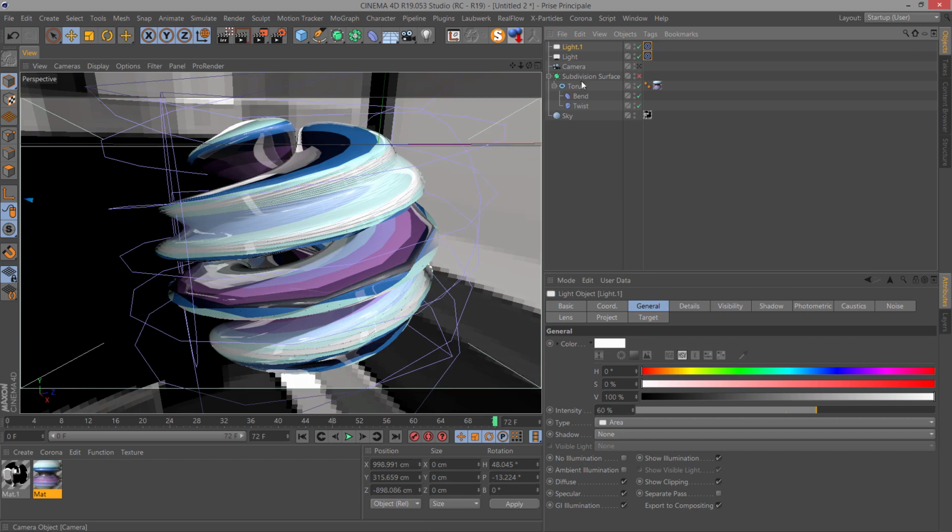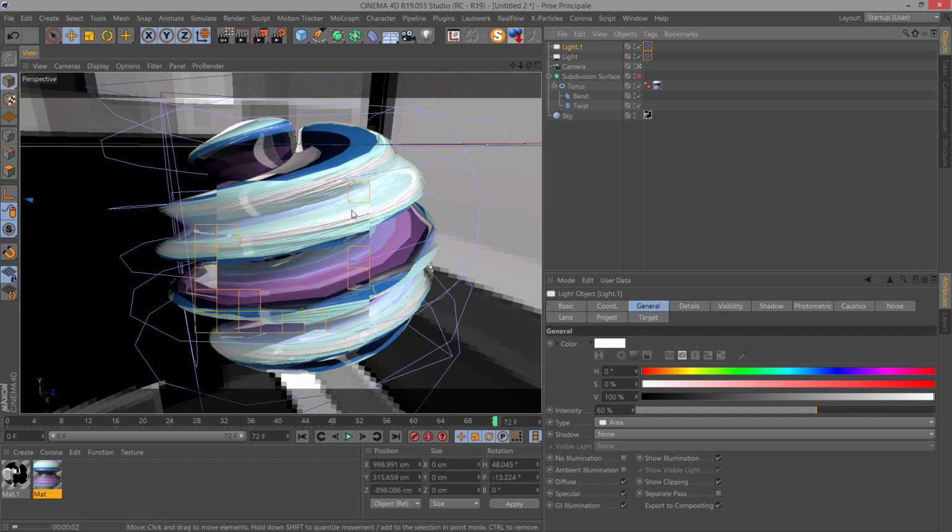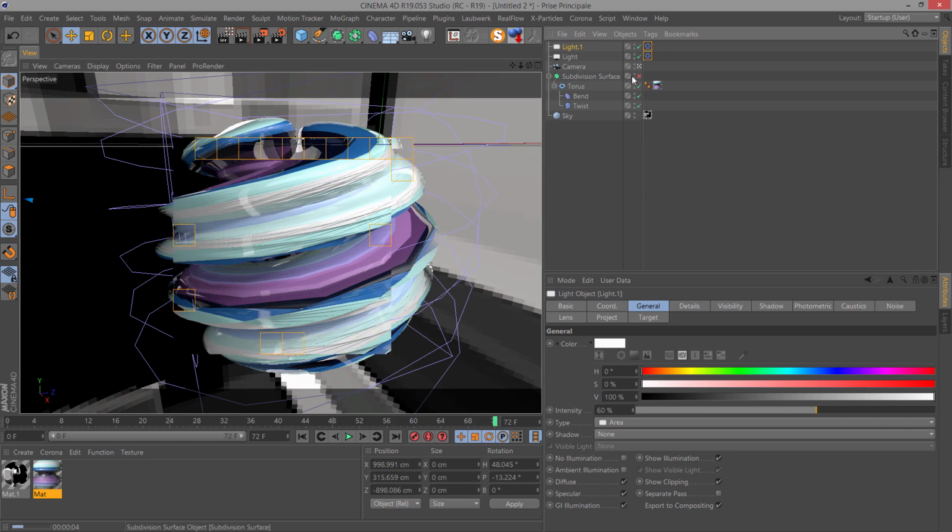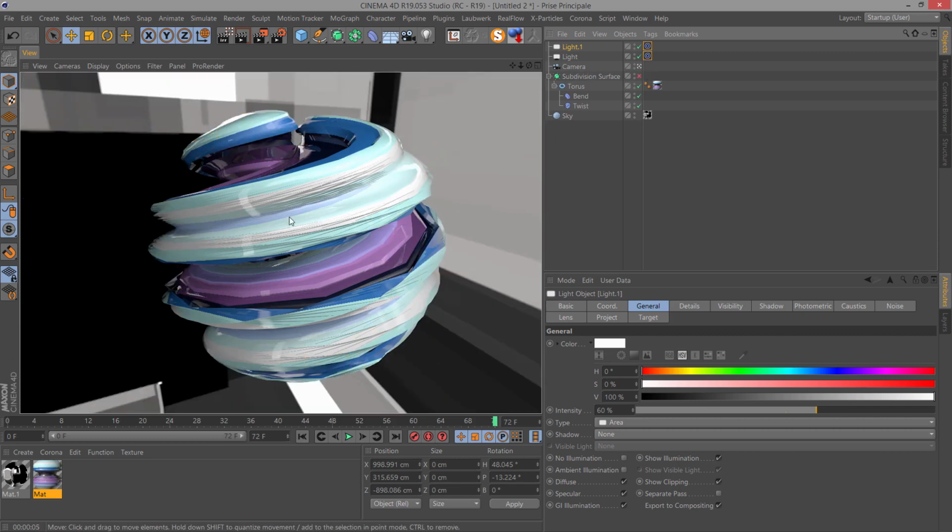Let's see what we have. I didn't enable the smooth, so we got that. But for the lighting, it's okay. It's not too bad. But we see the sky, and I don't want to see the sky.